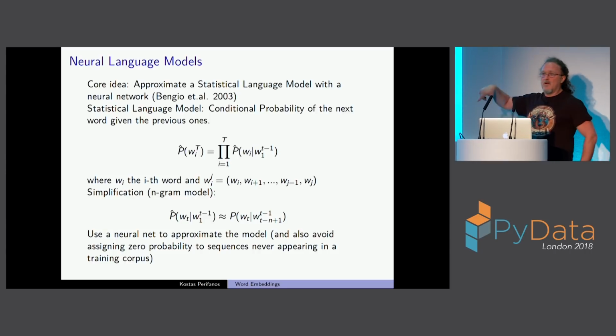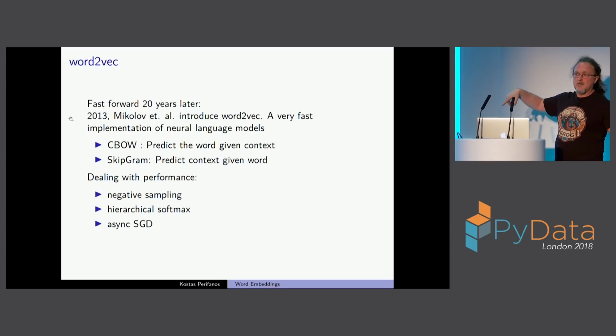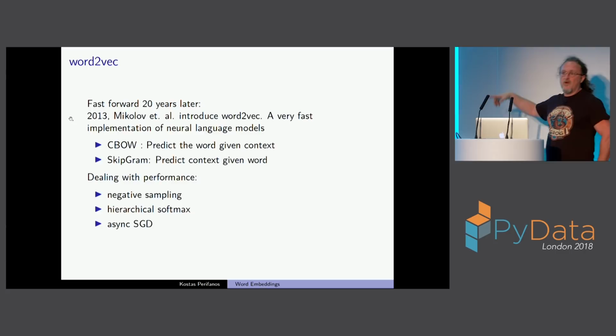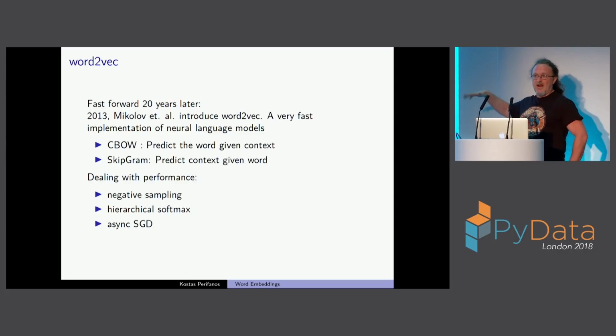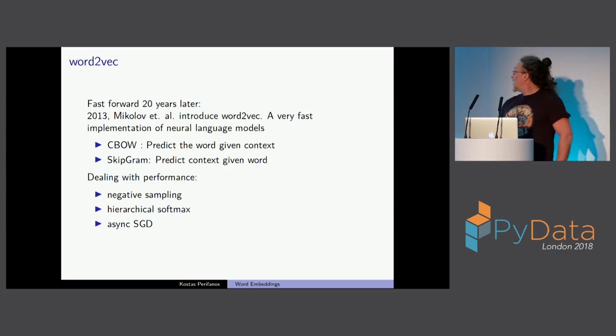So a softmax over several hundreds of millions of words is slow, with the first models taking like two or three days to train. Fast forward to 20 years later,